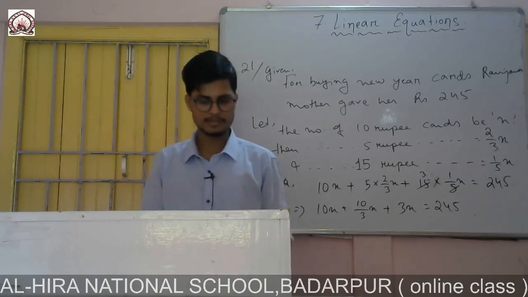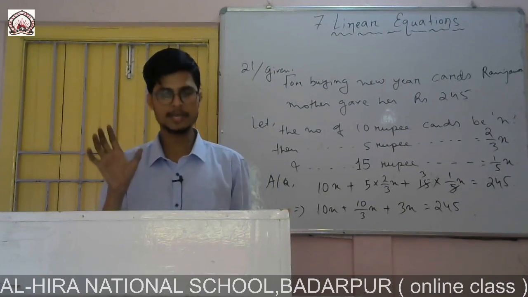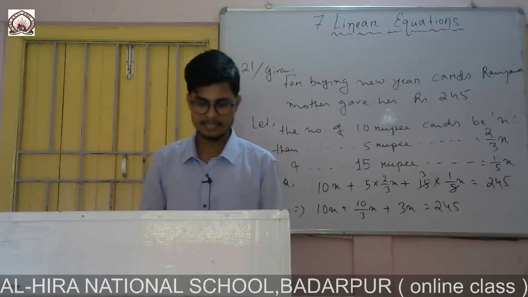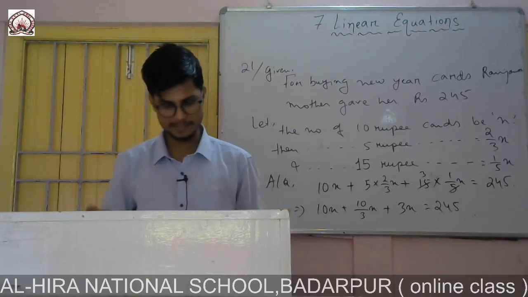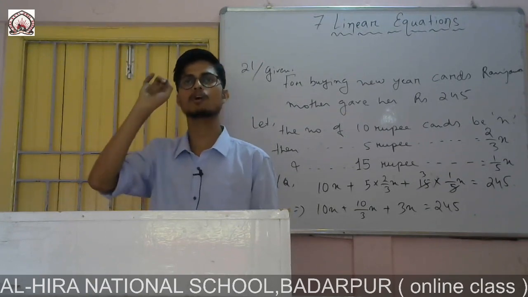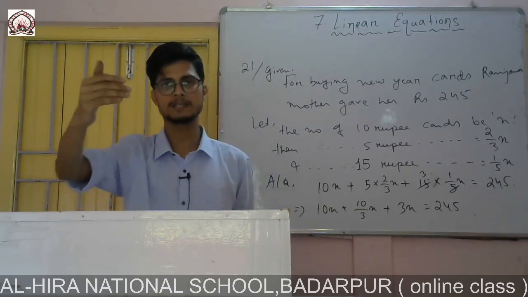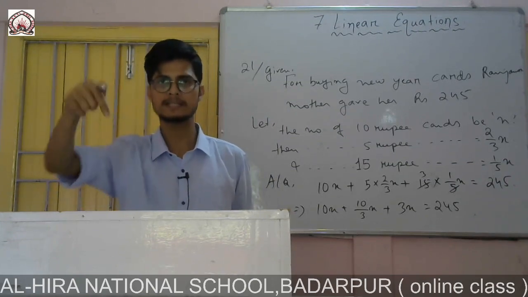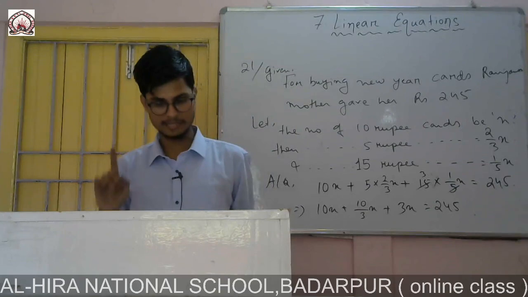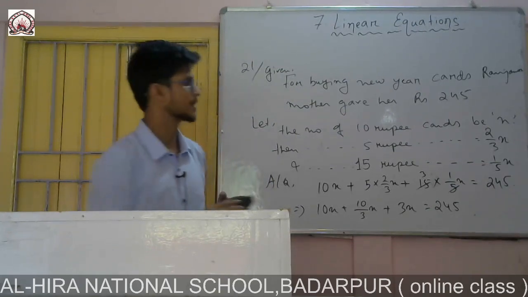The enrollment in a school this year is 552. In a school 552 were enrolled this year. This is an increase of 15% over the last year's enrollment. So we will let the last year enrollment be x. And how much growth was it? It was 15%. That means 15% more students this year. And how many were enrolled last year? So we have to find how many students were enrolled last year.